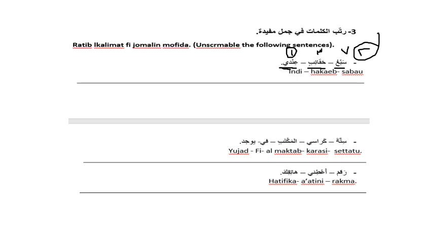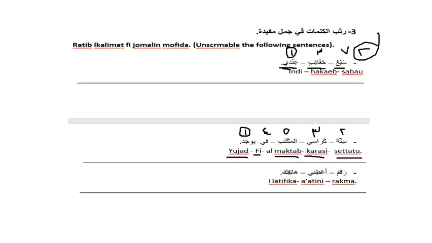The second sentence, we have here sittatu, which means number 6, karasi, which is in the plural form chairs, al-maktab, which is the office, fi, which means in, and yujad, which means there are. So there are 6 chairs in the office. So yujad, the second one is sittat كراسي في